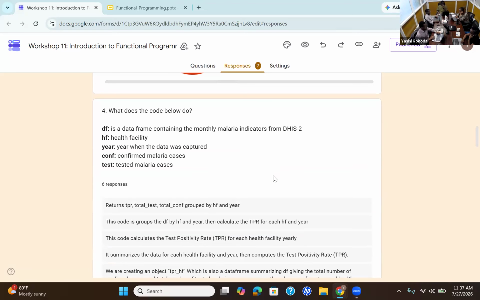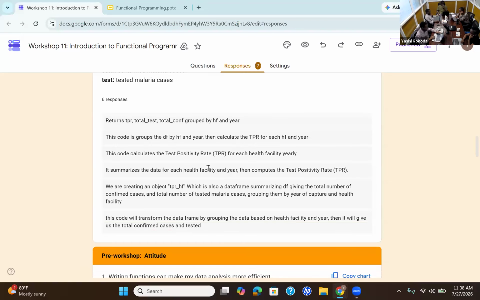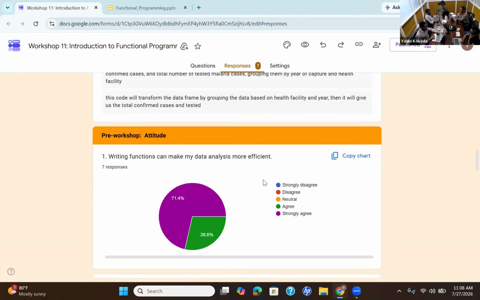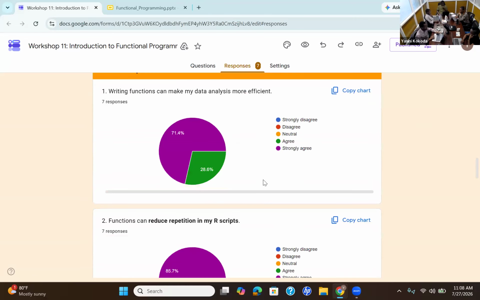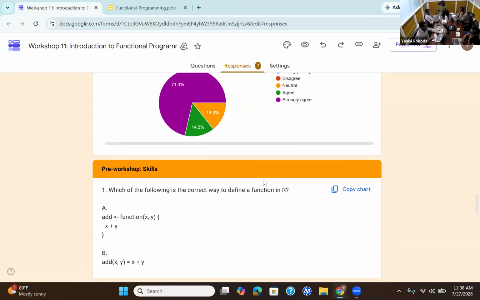Good. And we had the question about the block of code which was summarizing TPR, and you can see most of the responses are correct. So it means you understand what the code was doing. In terms of attitude, we have a positive attitude.